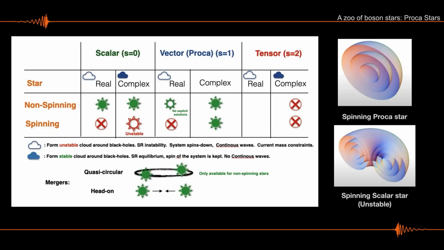So in particular, when I put this symbol, it seems basic. It means that these bosons can basically form two types of structures that are relevant for me. The first one are ultralight boson clouds. And these clouds are relevant because they can form around black holes. They will interact with them through triggering super-radiant instability, and they are going to pull spin, angular momentum, away from the black hole. So they're going to slow them down.